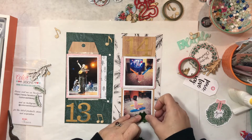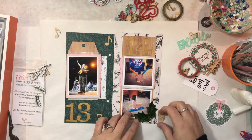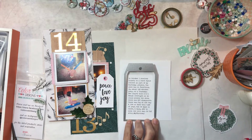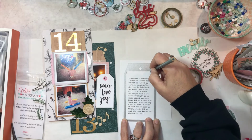So these are kind of cool. These are like little, I don't know, like velvet holly leaves. And yeah, they look kind of cool. I like them. All right, so this is for my manual die cut machine, this is the die that I